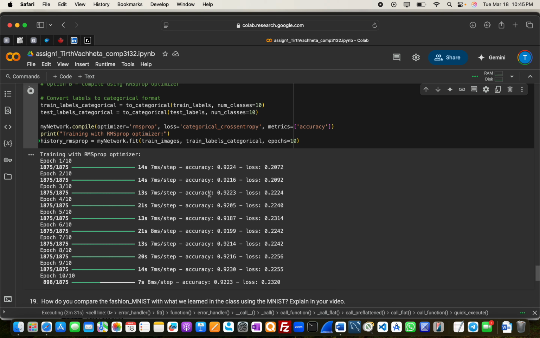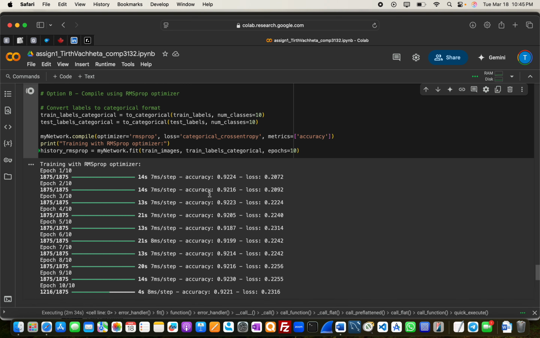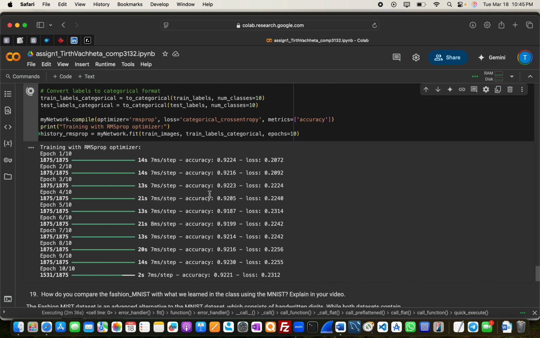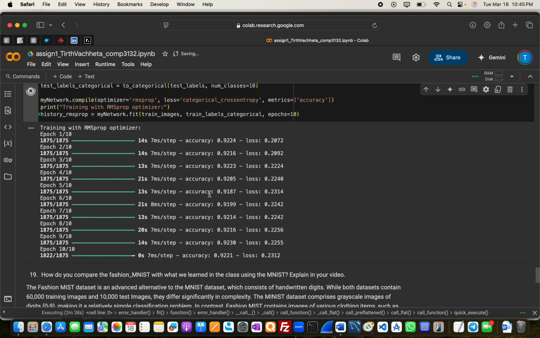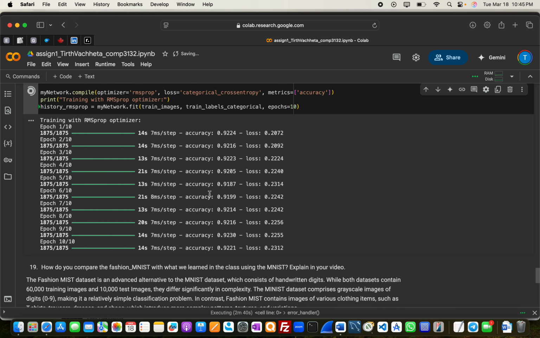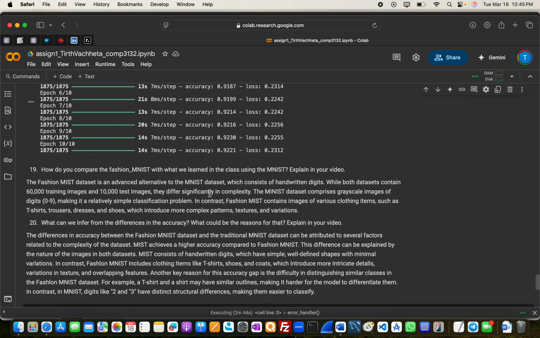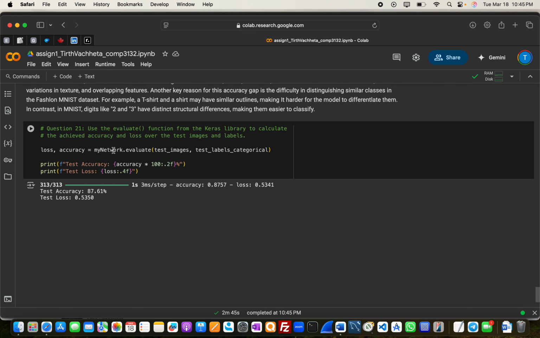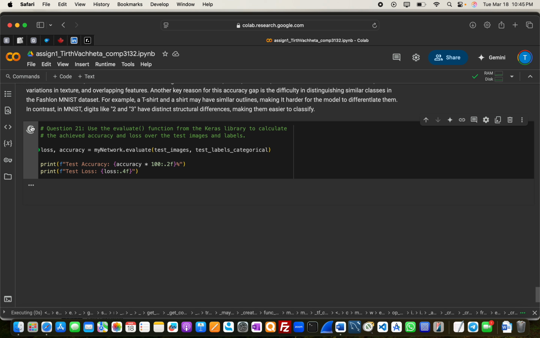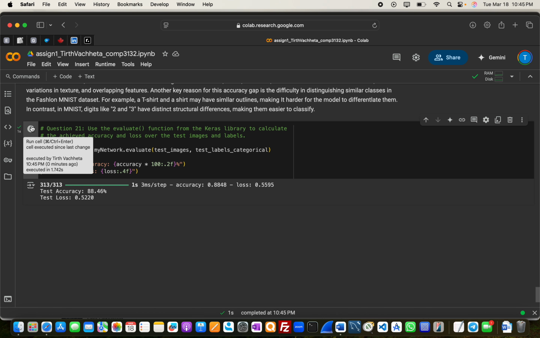So that's almost done. The option B. Perfect. And now we'll be calculating the loss and accuracy. So as you can see, the accuracy is 88.46 and the loss is